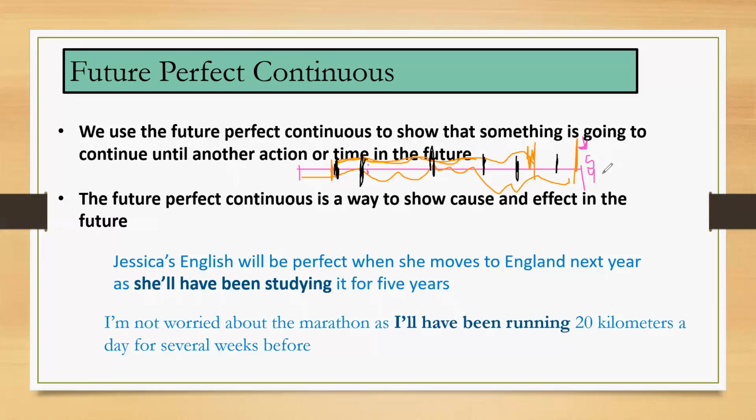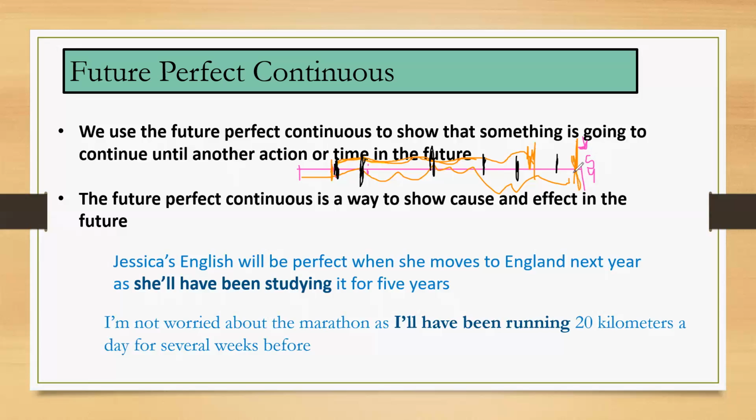So we have here the present perfect, the future perfect and the future perfect continuous. Jessica's English will be perfect when she moves to England next year. El inglés de Jessica va a ser perfecto cuando ella se mude a Inglaterra el próximo año, as she will have been studying for 5 years. Okay? Porque ella lo ha estado estudiando, okay, o lo habrá estado estudiando, perdón, lo habrá estado estudiando por 5